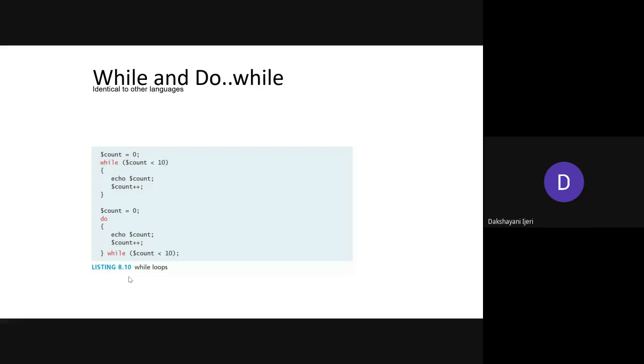There is only one difference between the while and the do while loop, right? The do while is also going to work exactly the same, but the difference is that at least once the body of the do while loop will be executed before checking the condition. Whereas in the while loop, if the condition fails in the first iteration itself, it is going to terminate the loop. In the do while loop, it is going to execute this part at least once before checking the condition for the first time. So this is the difference between the while and the do while loop, and the rest of the logic behind the execution remains the same.